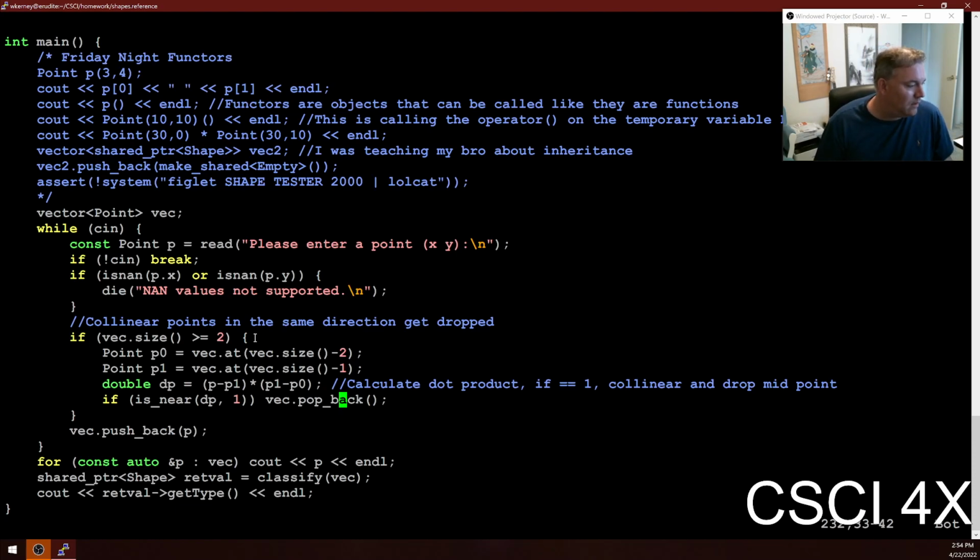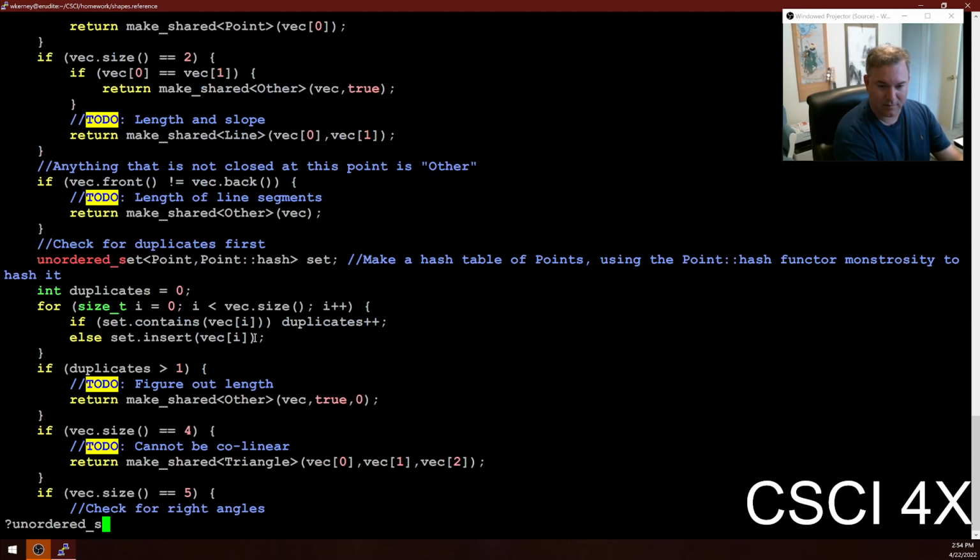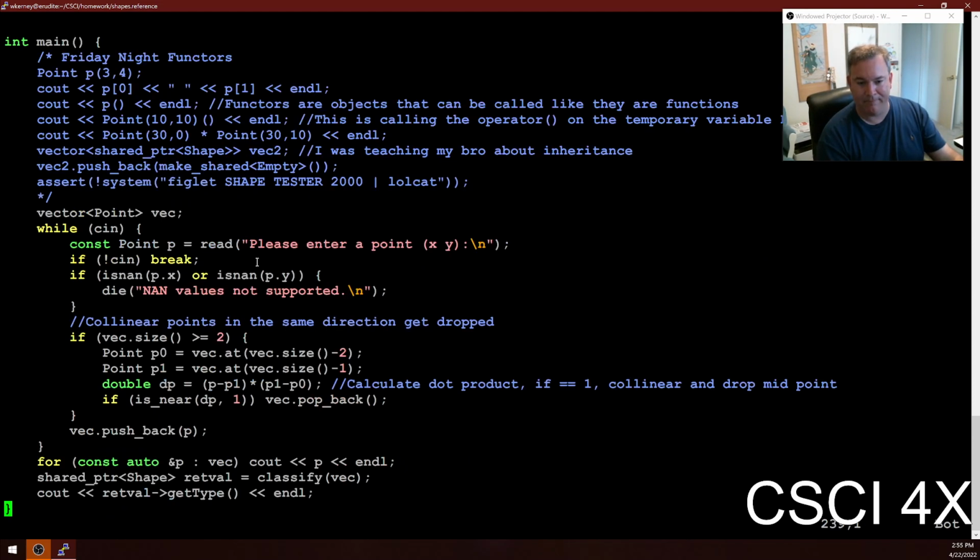All right. You never got hash and operator to work. You can always just write a function. You can always just write a function, just pass that as the second parameter to the unordered set. Right, so this thing here is a function that takes a point and returns a hash value. You just write a function for it. You don't have to do the weird operator open close parentheses thing that I did. Okay, so